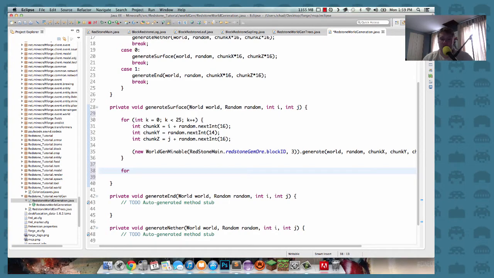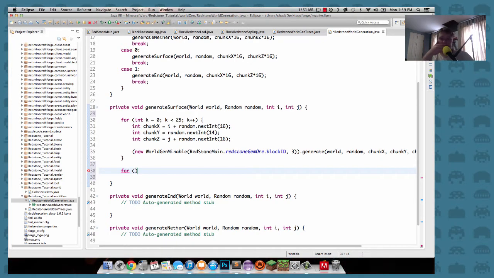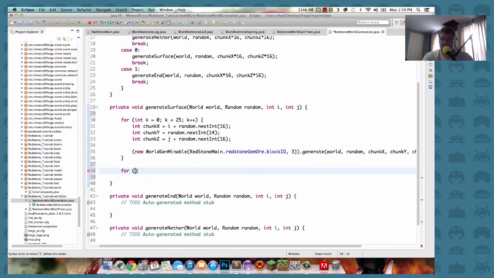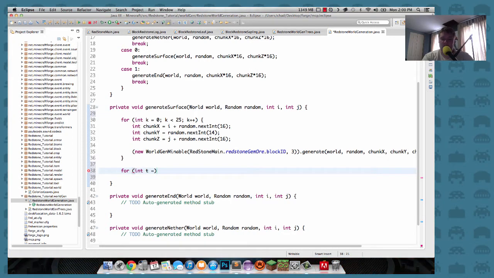So I'm going to use t as our variable name. So put open parentheses. Within our parentheses, int t is equal to 0, semicolon, t is less than. Now this is